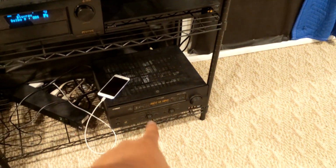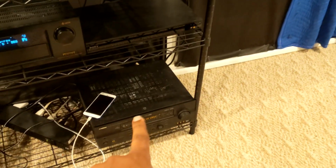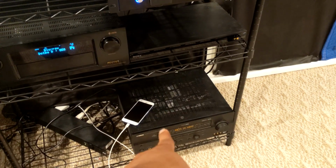Down there is a Yamaha natural sound amplifier. All I have that doing is powering 2 of my Atmos speakers, and we'll get into those later. Yes. Power conditioner. This behemoth that you see here from here to here, which literally is